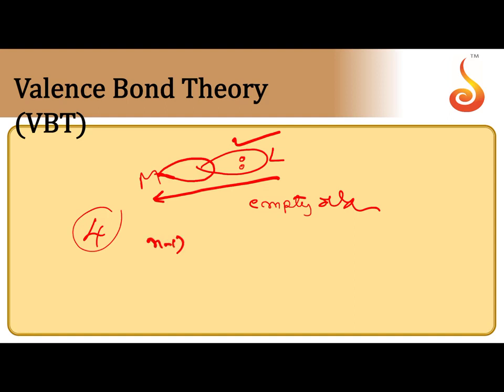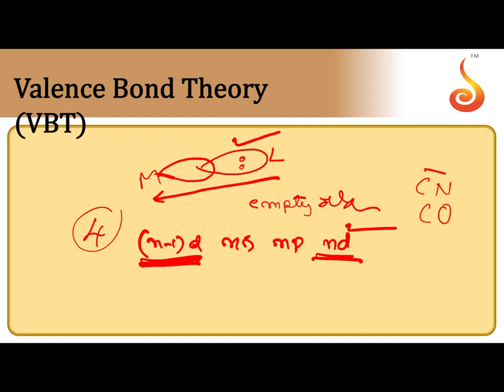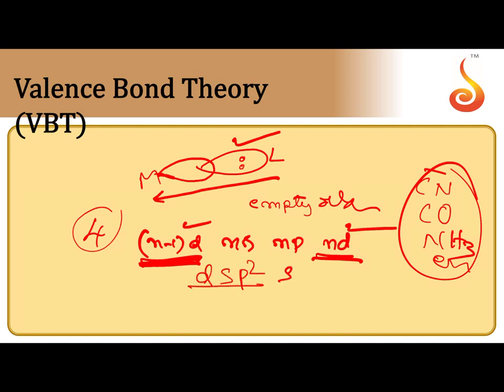They undergo hybridization. The orbitals available are (n-1)d orbitals, ns orbitals, np orbitals and nd orbitals. So d orbitals are of two types: d orbitals of outer orbit and d orbitals of inner orbit. If coordination number is 4, and the ligand approaching is a strong field ligand like CN minus, CO, NH3, en, when strong field ligands are approaching, only (n-1)d orbital is involved in the bond formation by forcible pairing. So dsp2 hybridization is taking place at that time, square planar shape, 90 degrees bond angle.